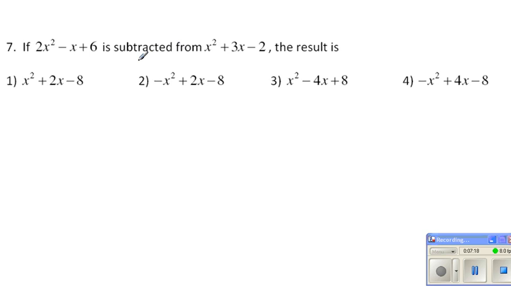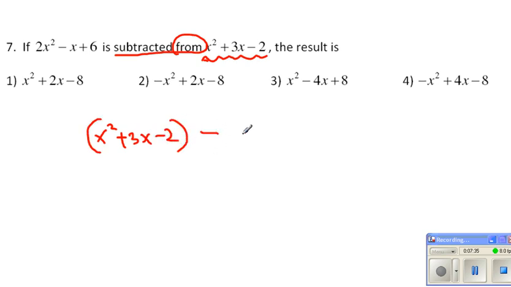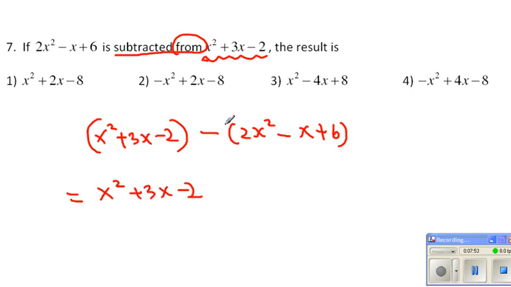Now, number 7, the key word here is subtracted from. In other words, this portion will come to the front. X squared plus 3x minus 2. That will come in the front, and then subtracting the rest. 2x squared minus x plus 6. Now, let us see how we can simplify this one. We'll end up getting x squared plus 3x minus 2. This negative sign,